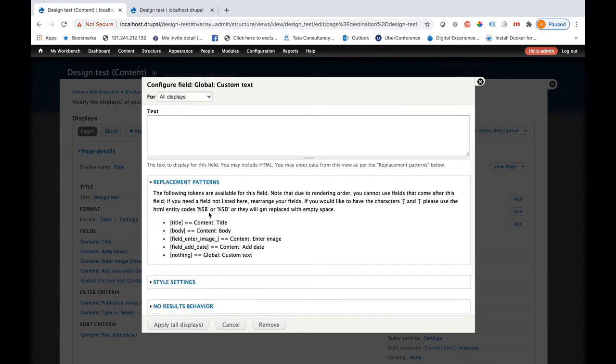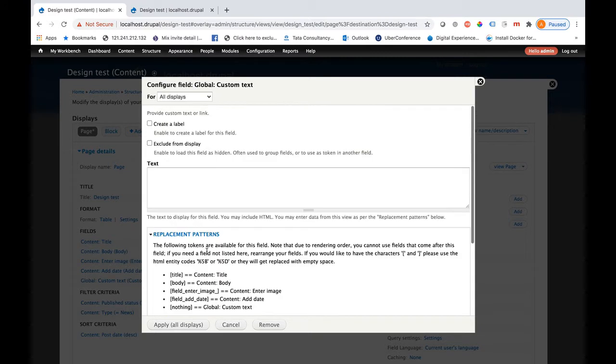Here you can see all those fields are already available. So if you want to change this HTML structure and add your own structure, you can do it easily here. Like this. I am creating an example here.